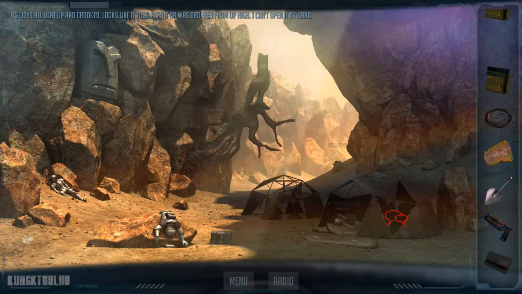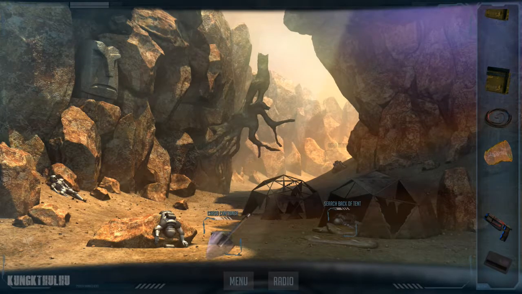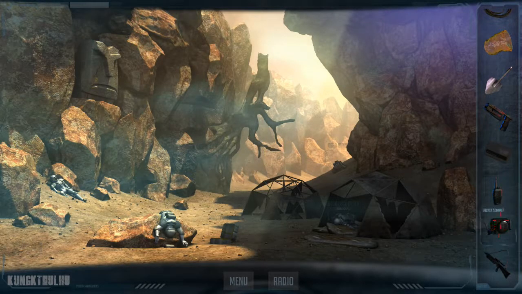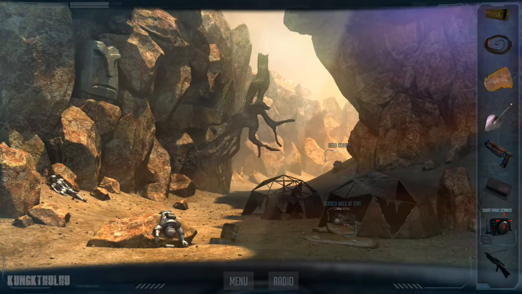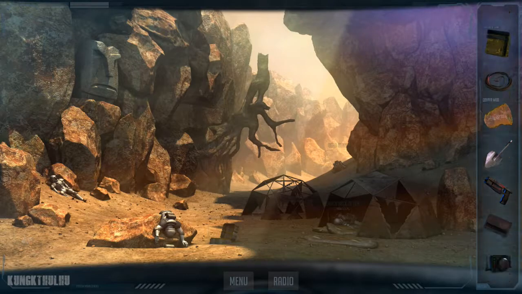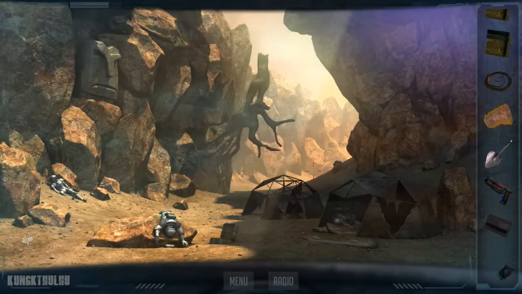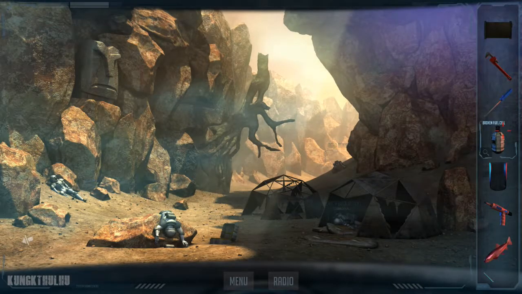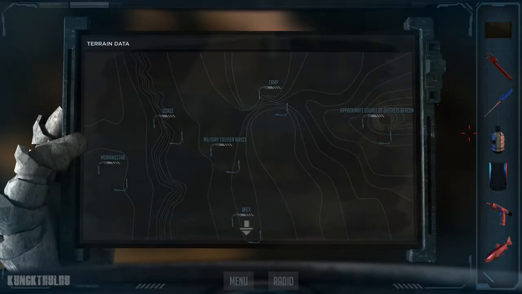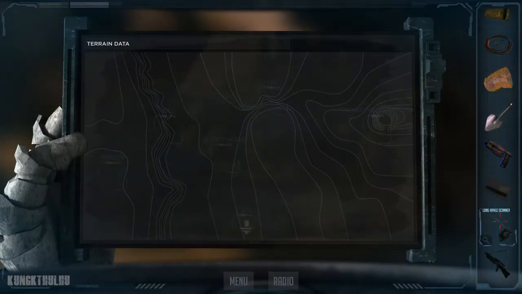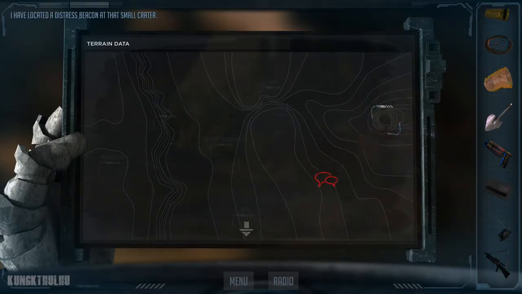I can't open it by hand. I have located a distress beacon at that small crater.